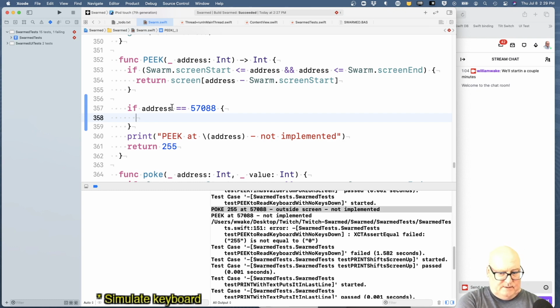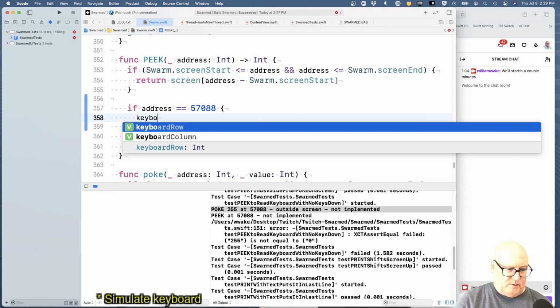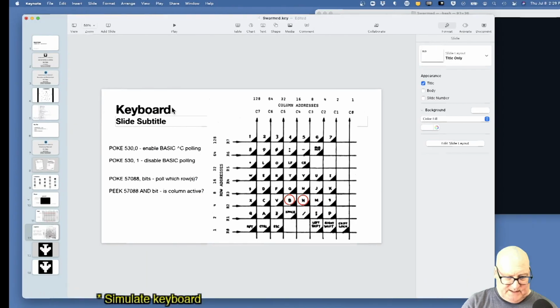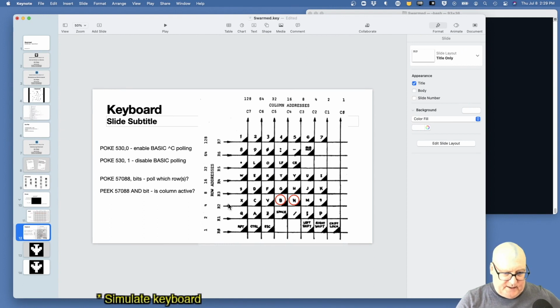I guess we just want to keep track of this keyboard row. It's not keyboard row. So what I'm trying to make the semantics be, I guess I should be clear in my head. When we set these things,